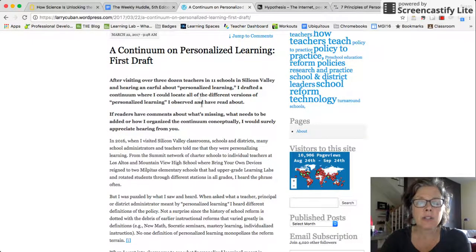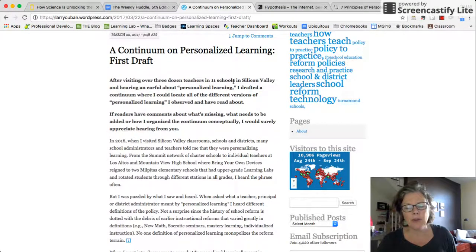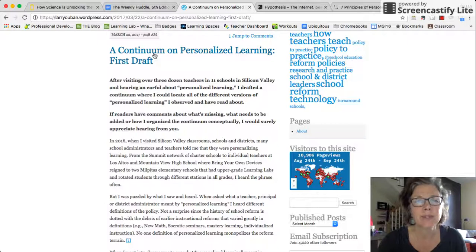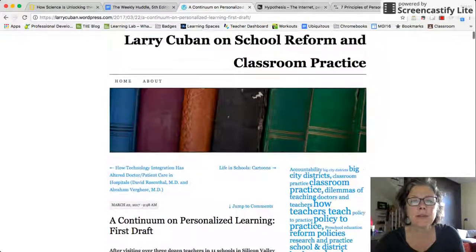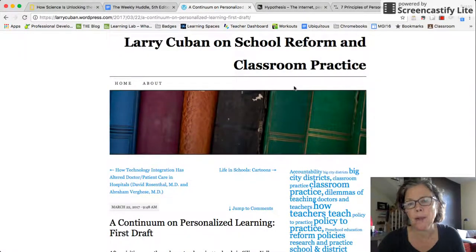So the contention here is that Cuban went to 11 different schools in Silicon Valley, and he was looking to see how they were enacting personalization within the school. And then he's synthesizing all of those experiences on a continuum of what he's seeing as they define that through that enactment. So instead of just having you come here and read this and blog about it, we